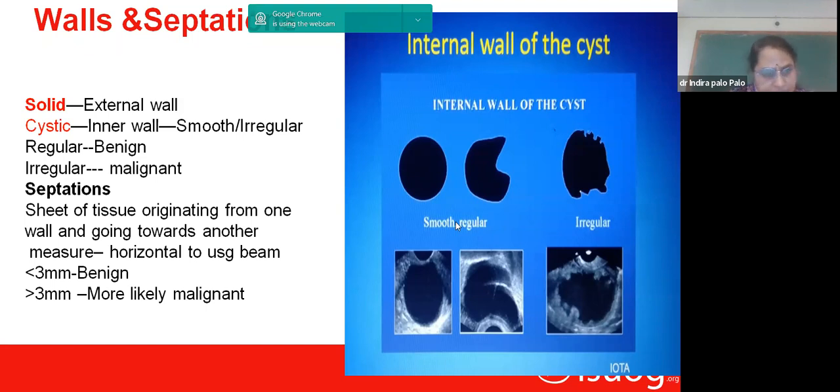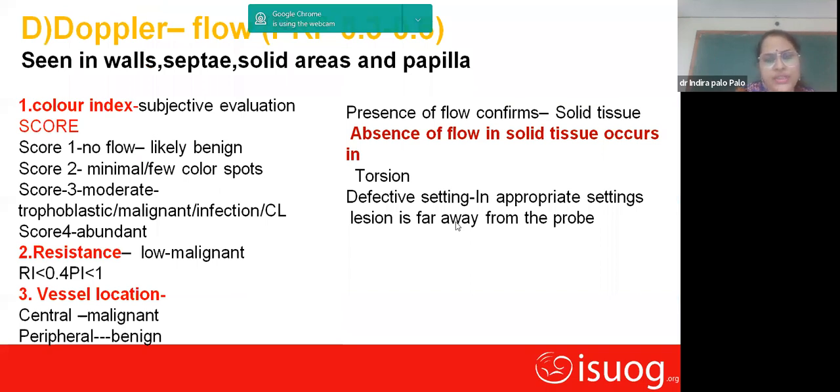And what is septation? Septations are sheets of tissue originating from one wall and going towards another wall. If the thickness of the septa is more than 3 millimeter, it is more likely malignant, and if it is less than 3 millimeter, it is usually benign. The fourth thing we consider, first is the morphology, second is the content, third is solid, the fourth thing